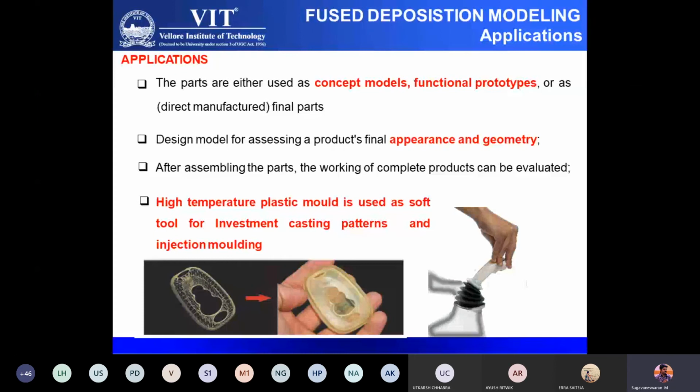The second is fit. I will fit the component into a real application and see whether my design is right. You may have a lot of undercuts, you may have some holes for fasteners. At the time of design, you may miss those holes. When you have a physical component, you can fit it and see whether you have sufficient degrees of freedom or all the constraints are given properly. Because in electronics goods, you may have a lot of fasteners or snap fits. If there is any mismatch in a snap fit, it may not fit properly. So form is ergonomics, fit is assembly with the subsequent component.